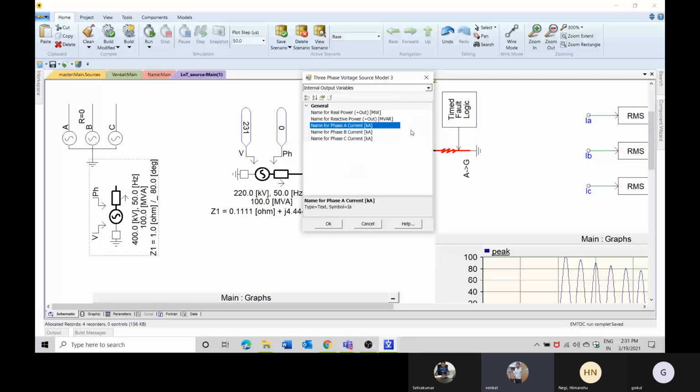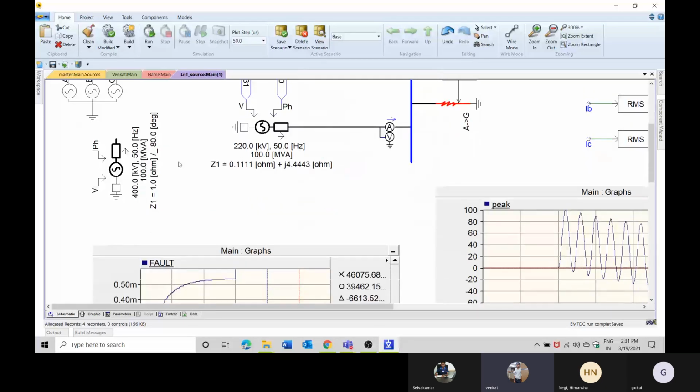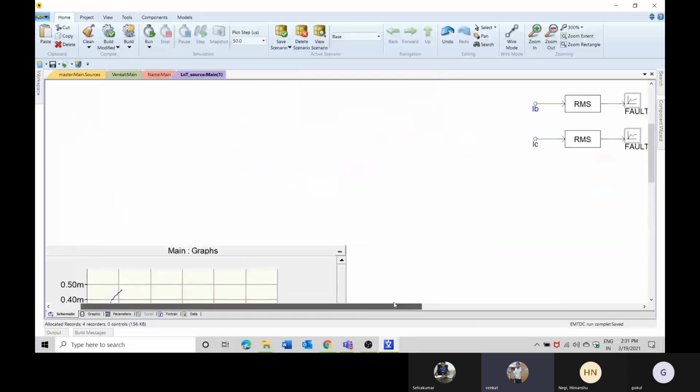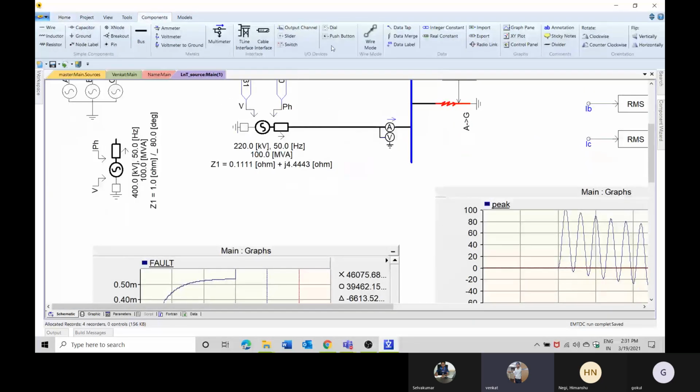If you want to plot the current, then you have to give the data for this particular phase current, like IA or IB or IC, whatever name you want, you have to give here, and then use this name to create the output.